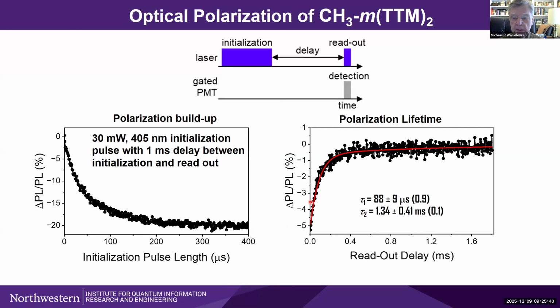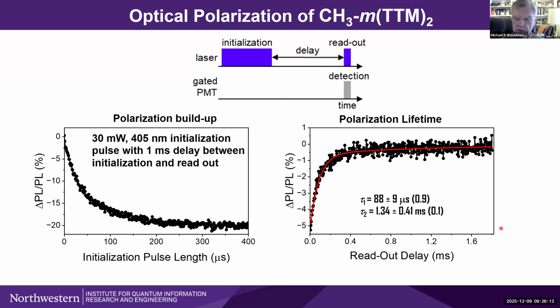to get there. Now, if we then fix the length of the initialization pulse and then vary the delay between that pulse and the readout pulse, then you can get a measure of the decay of that polarization. And you can see the interesting thing that the major decay here matches quite nicely the transient data that we got by other methodologies. So basically, we have plenty of time here to actually do some interesting experiments.